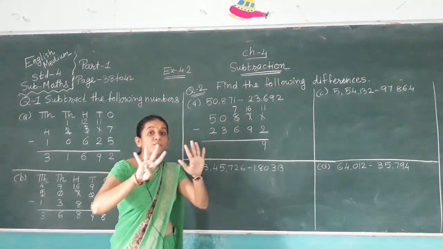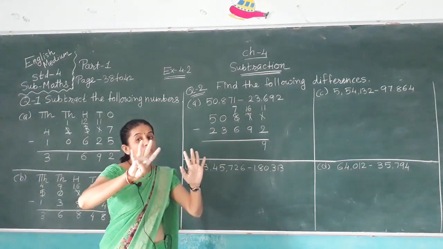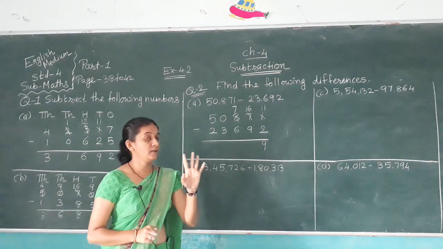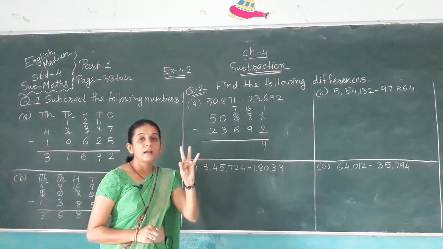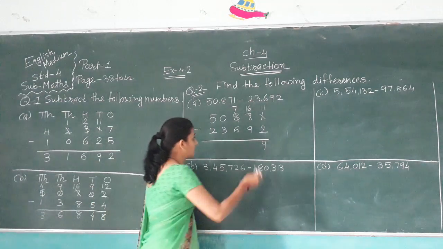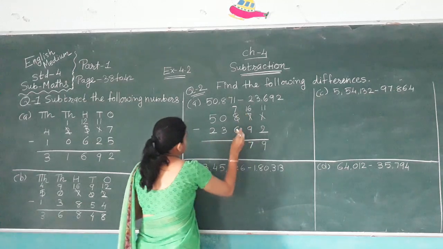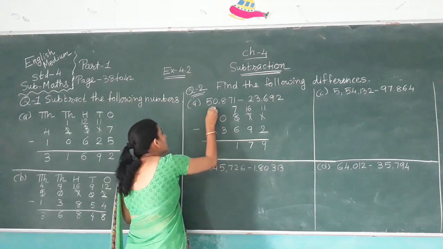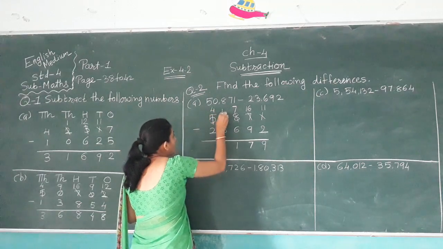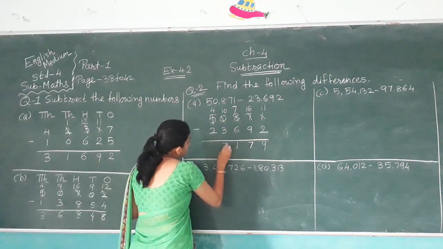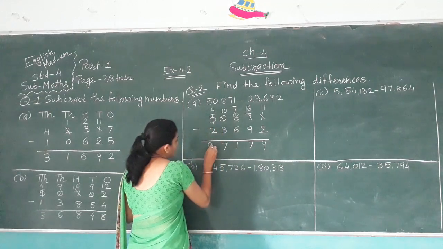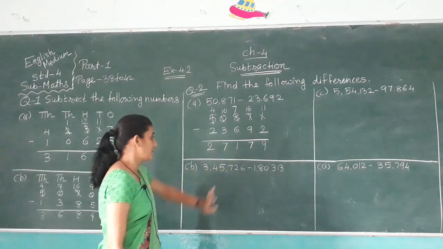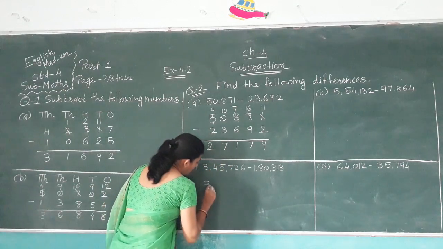Now take it 9 finger. Before 16, 15, 14, 13, 12. Then 11, 10, 9, 8 and 7. 7 minus 6, 1. Again 0 minus 3, it is not possible. Cut here 5, right here 4, cut here 0, right here 10, 10 minus 3, 7, 4 minus 2, 2. We get answer 27,179. Now another one,